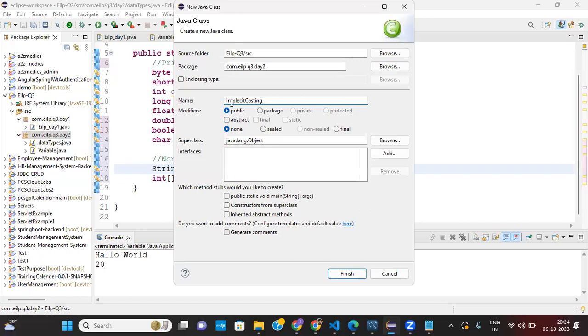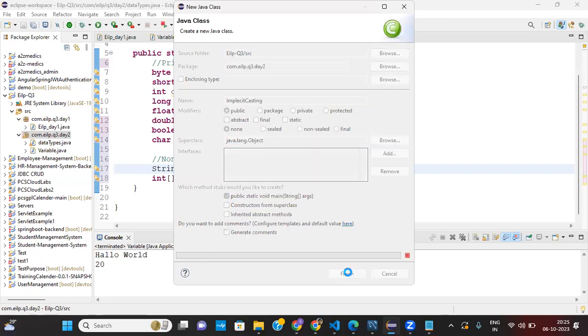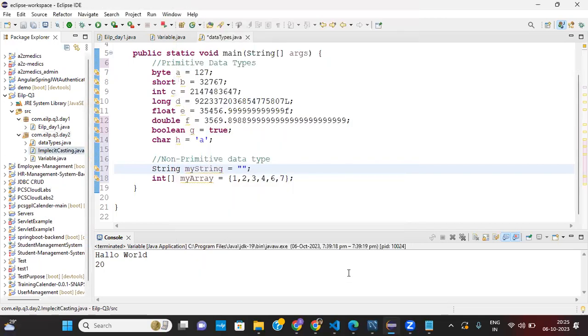Okay, and remember, while creating a Java class, you have to give the first letter as a capital or uppercase. So, implicit casting.